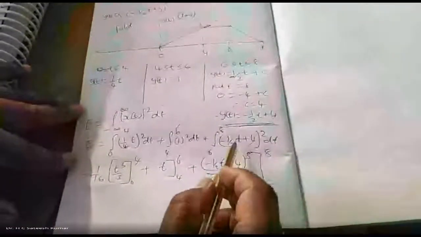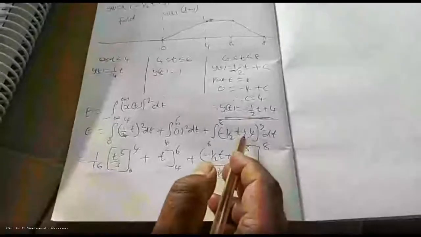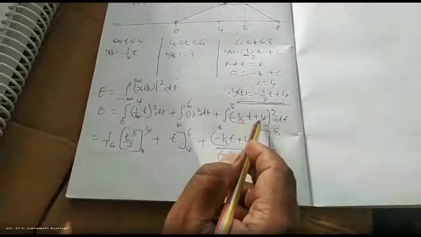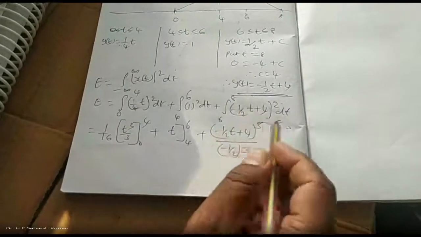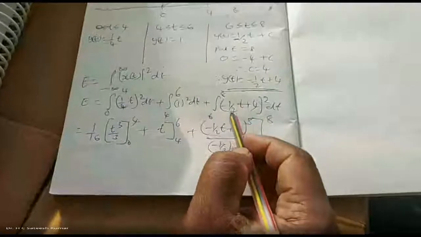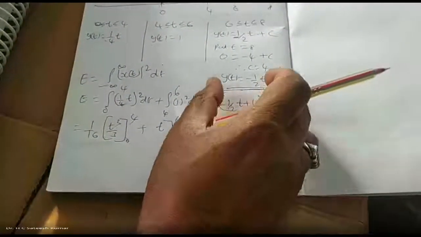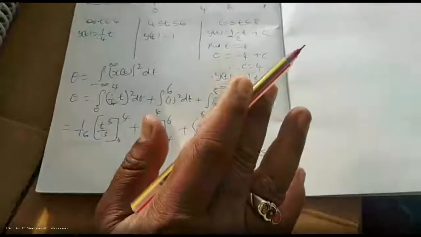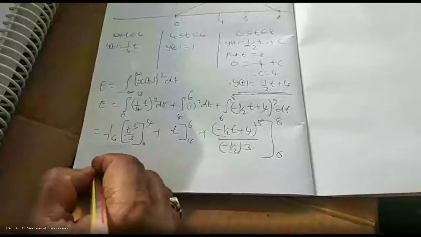Carefully you should do it. Differentiation of this. Don't try to expand this one. It's a waste of time. Some of the students will do it, and some of the textbooks also do that. What they do is a plus b whole square, a square plus b square plus 2ab, you expand it, then you differentiate. Instead of that, better is to do it directly. What you should do? This looks like t. T cube divided by 3 divided by the differentiation of this quantity. That is a very easy method. Instead of expanding, where you may make mistakes also. That is also correct, but it is a waste of time.